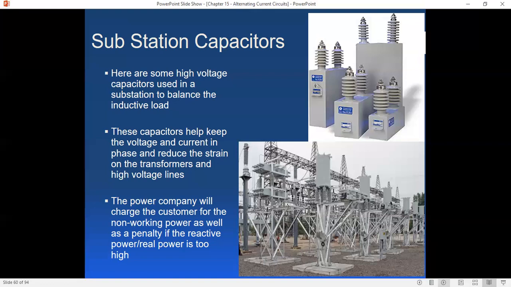During the summertime, especially when a lot of people are using air conditioners, they're going to have to use more and more of these capacitors in the substations to balance that load out. It's interesting because blackouts that have been caused during heat waves are not really just people wanting to use too much energy. It's a combination of people using too much energy, too much working power coupled with too much non-working power coming back, because again, these substations can only handle so